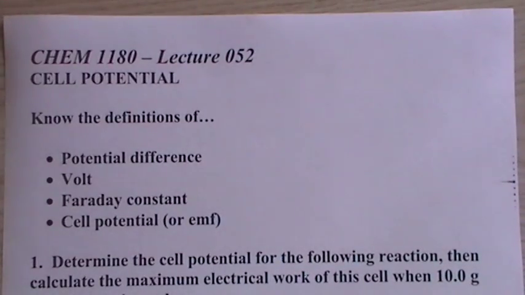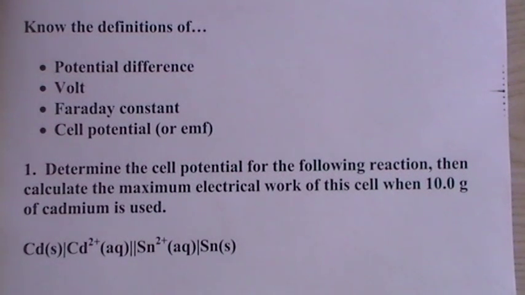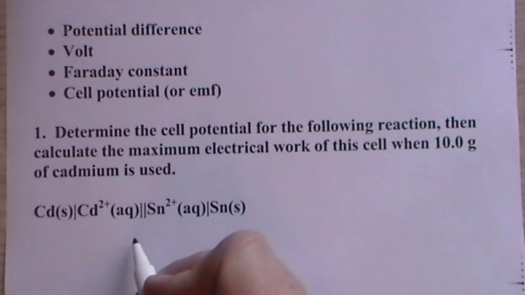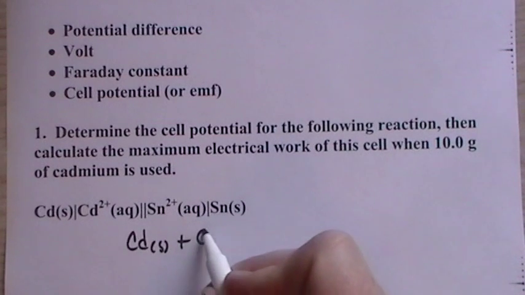Okay, determining cell potential. Now, determine the cell potential for the following reaction, then calculate the maximum electrical work of this cell when 10 grams of cadmium is used. Okay, so we can write out the full overall reaction here, so this would be